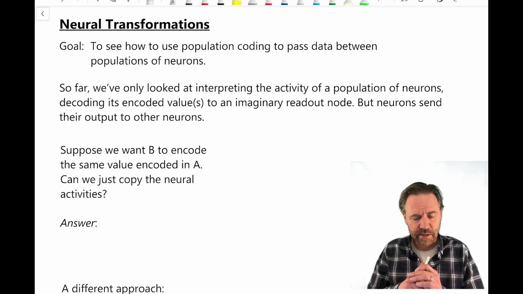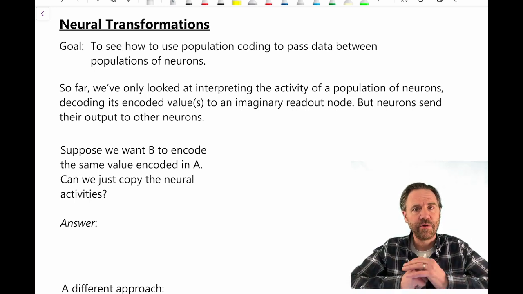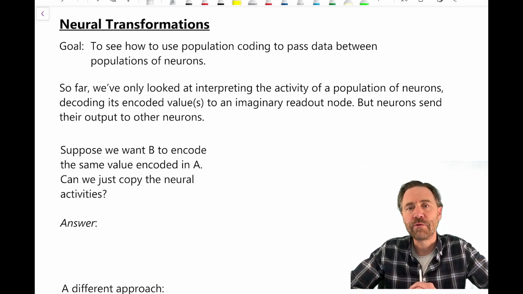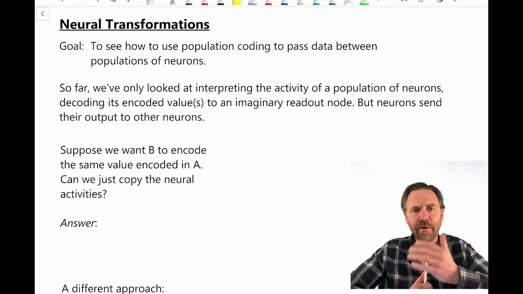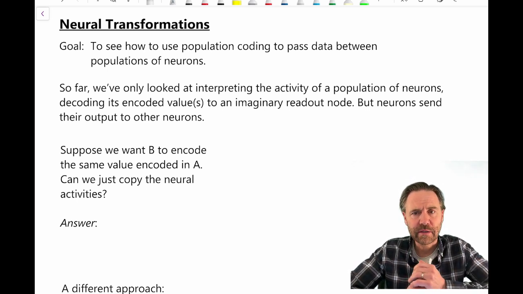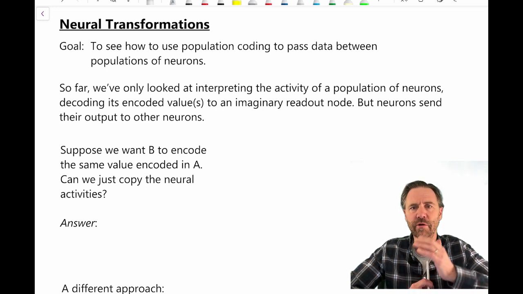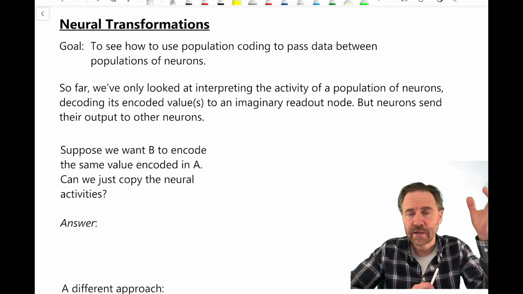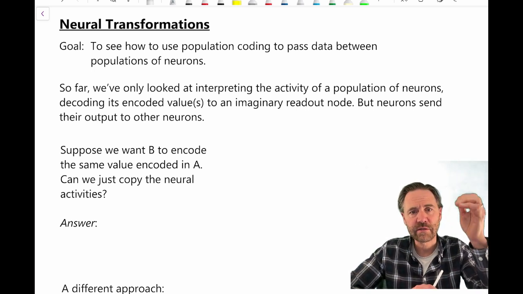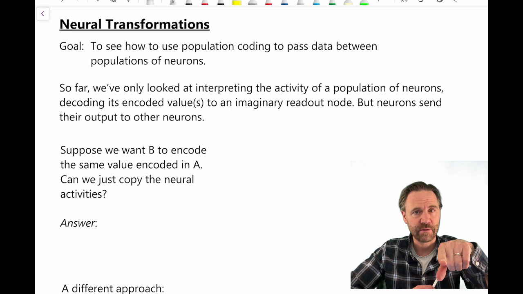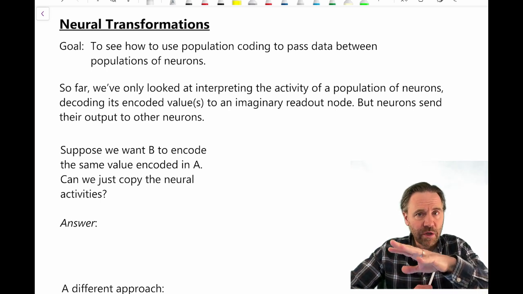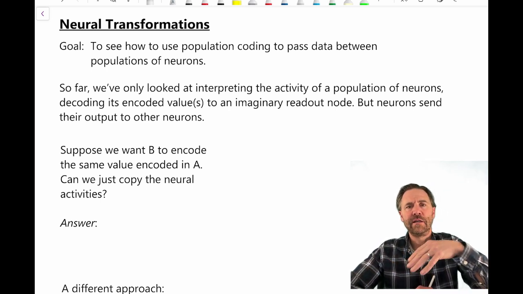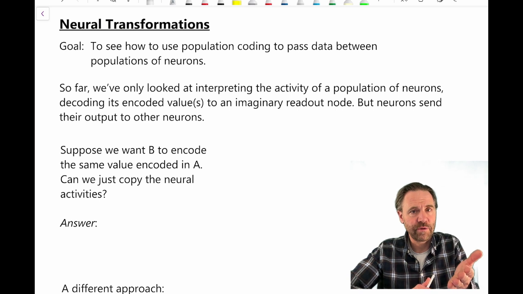So the goal in this lecture now, though, is to see how to use population coding to pass data between populations of neurons. So far, we've only looked at interpreting the activity of a population of neurons, decoding its encoded values to an imaginary readout node. But of course, in brains, there are not imaginary readout nodes. Instead, neurons send their output to other neurons. Okay, so the whole decoding thing is kind of a convenience for us to understand what the neural network's doing,